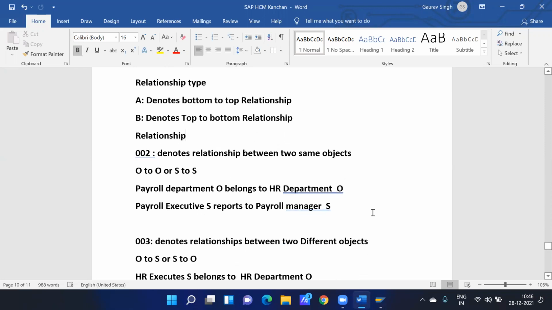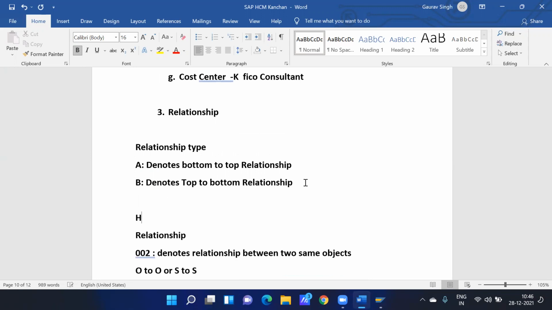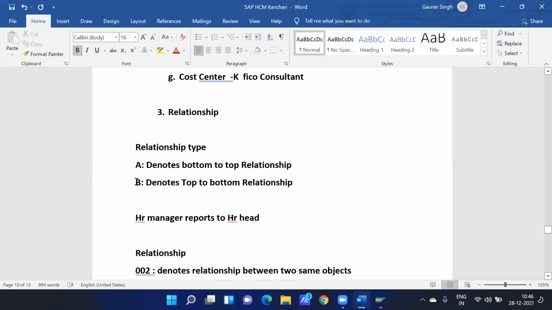See, for example, HR manager reports to HR head. Okay. So what kind of relationship type is this? It is A, because this is the lower position, this is the higher position, and this reports to HR head.